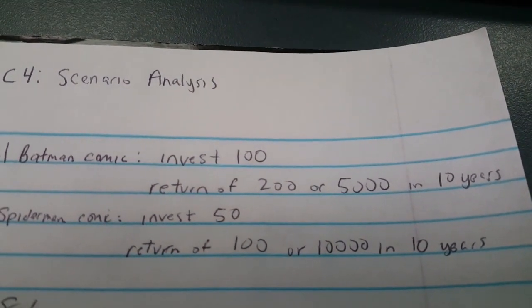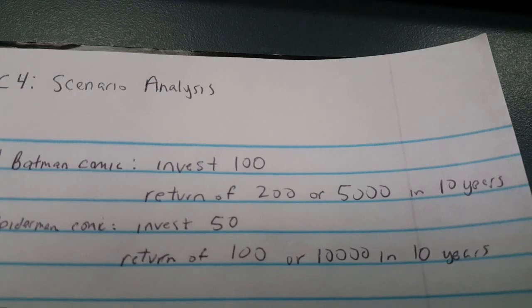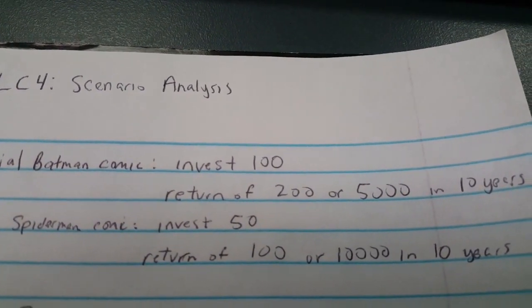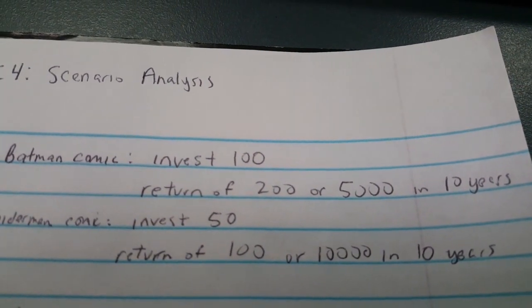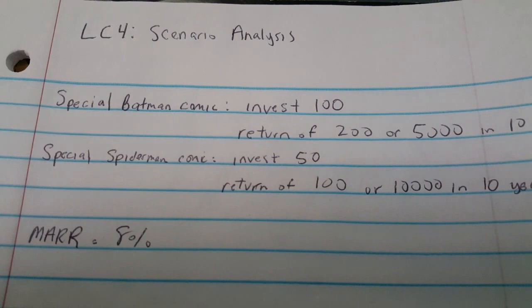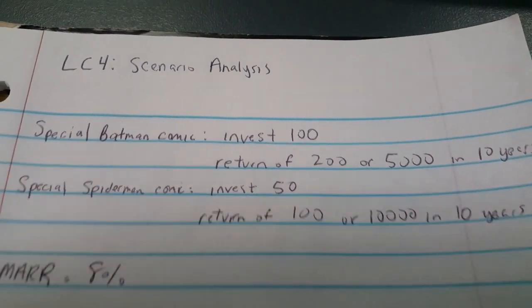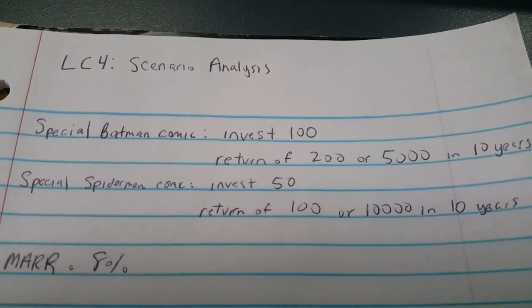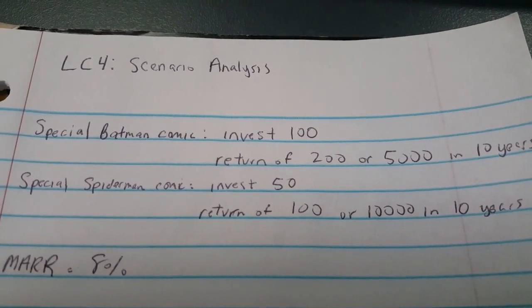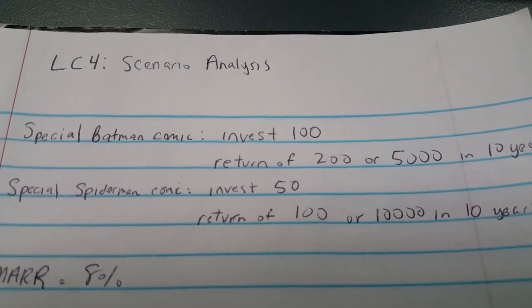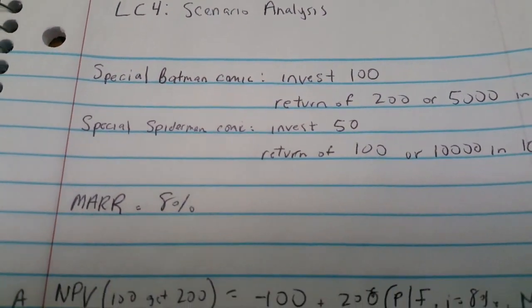For the Batman one, you can get either $200 or $5,000. Or for Spider-Man, you can get less, $100, or more, $10,000. We're going to work with an interest rate of 8%. Now we have to figure out how to decide which one of these two to invest in. The easiest way to start would be to figure out the present value, given the future value. The way to do this was to start with option A,